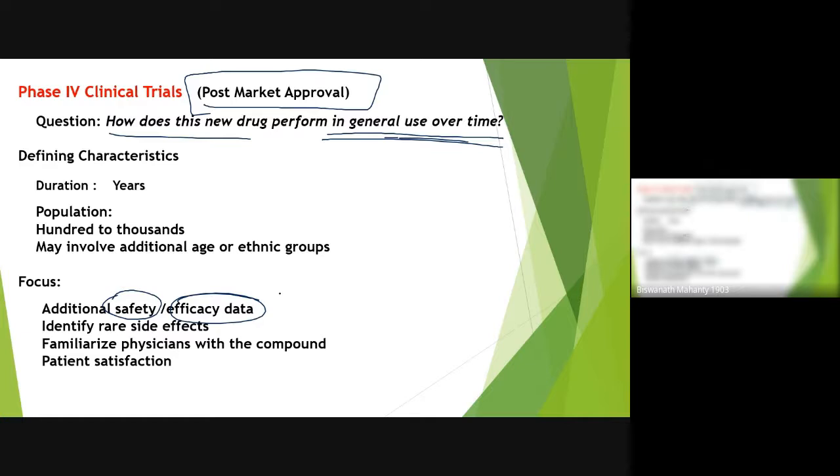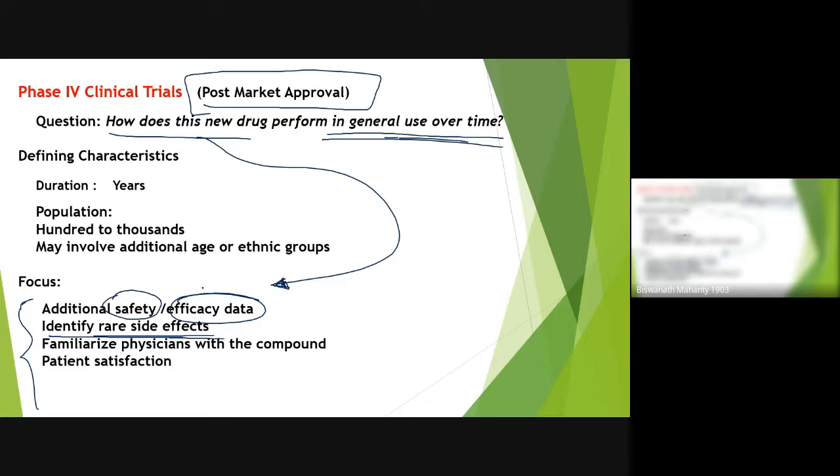So long term, once you are going for a study, you are just recording the information. Some reporting is there and they will get back to you. So it is like a feedback mechanism, so that these things can be further subjected to deliberations and they will find out if there is any rare side effect.